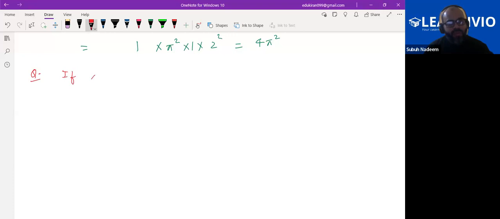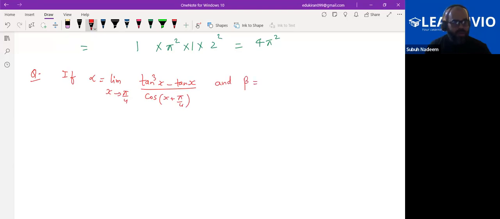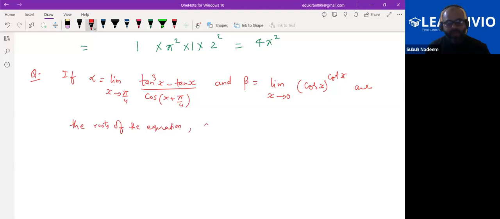It says if alpha is equal to limit x approaching pi by 4 of tan cube x minus tan x upon cos of x plus pi by 4, and beta is equal to limit x approaching 0 of cos x to the power cot x, are the roots of the equation ax square plus bx minus 4 equal to 0,